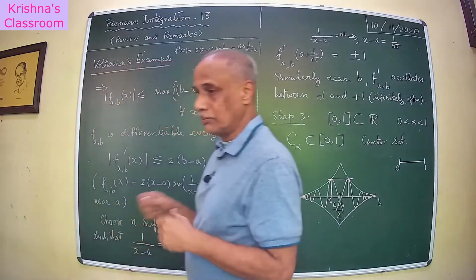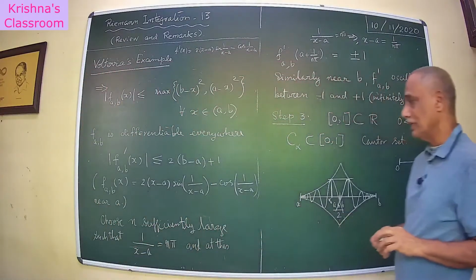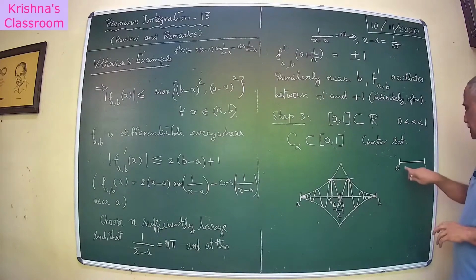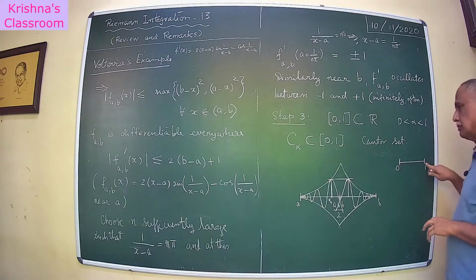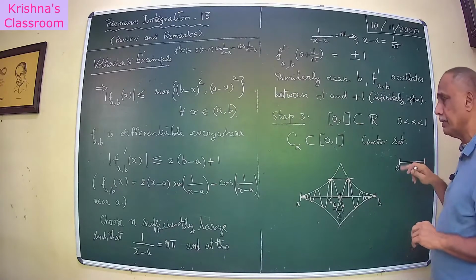Now this is the problem. So it's defined all over 0, 1, it's a continuous function, it is a differentiable function, the derivative exists everywhere,